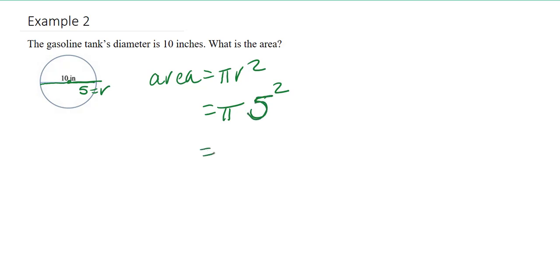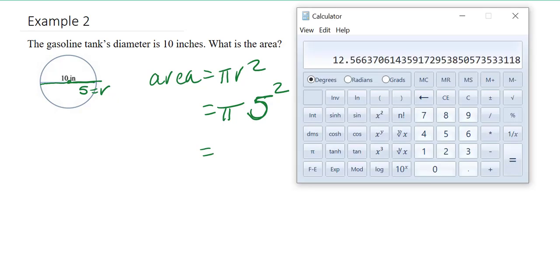So how do we get to our answer? We're going to go 5, and then this button to the second power, which is really just saying we have 2 copies of 5, we're multiplying them together, so 5 times 5 is 25, times pi, and we're going to get 78.54